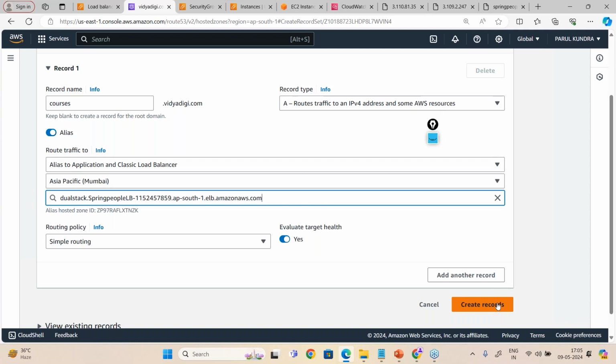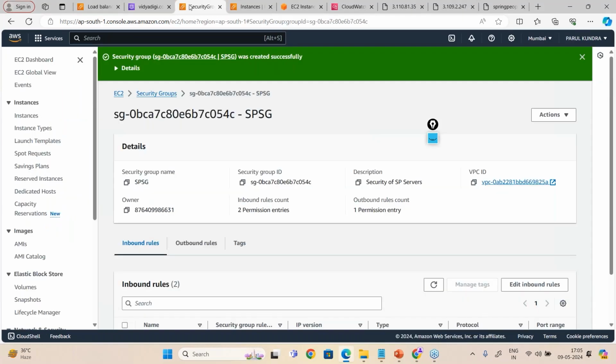Simple, very, very simple. Not rocket science. Nothing is like rocket science. So do not get confused, Parul, that we don't get such a big DNS. No, not at all. You need not worry about that. Fine. So be with me. You are going to understand everything very clearly. Next I'm going to take Route 53 very well, so that you understand all these concepts very clearly.